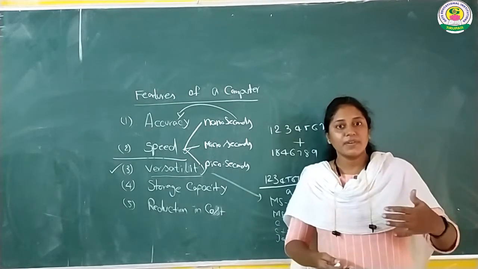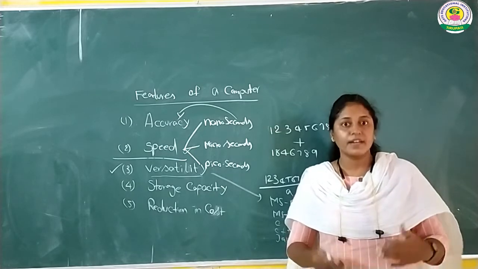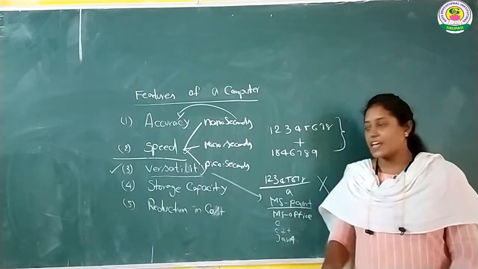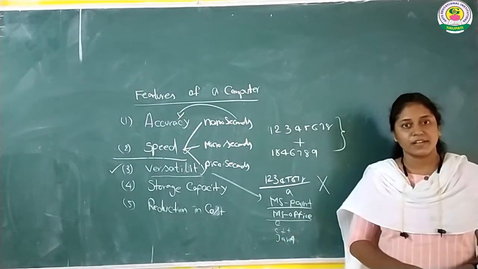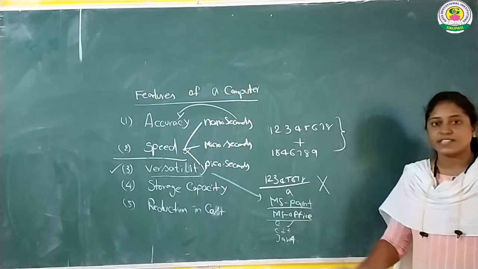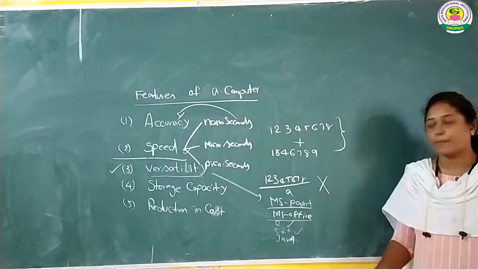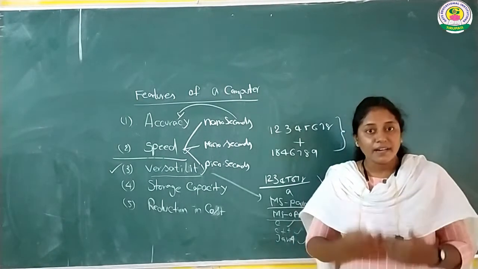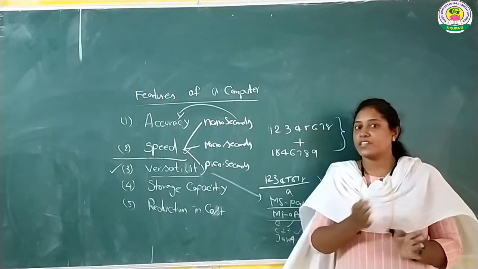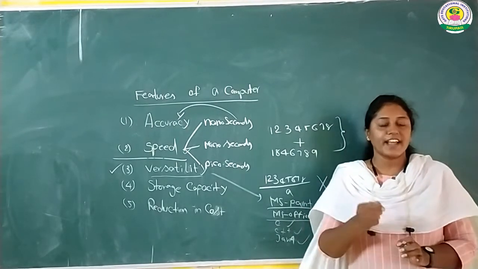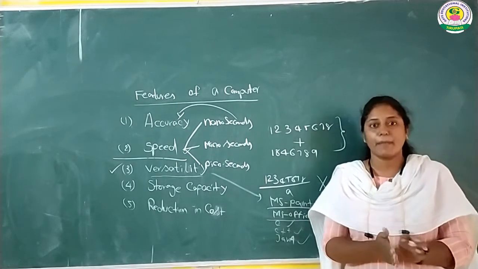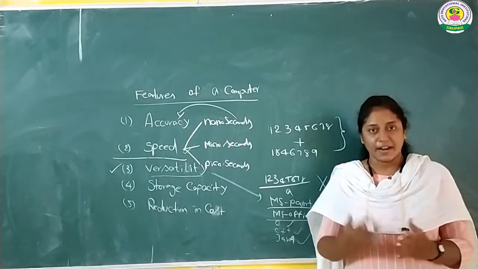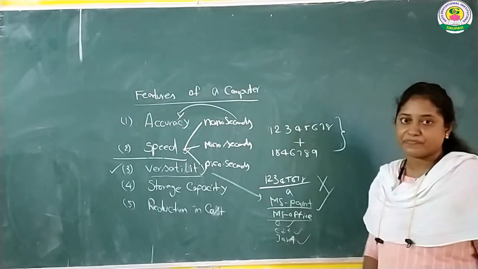While working with the internet or a particular website, on the other hand, I can work with MS Paint also, and some other time I can work with MS Office also, and for some time I can work with C, and for some time I can work with C++, and for some time I can work with Java. At the same time I can handle multiple jobs by using a computer. This is not limited to only one job at a time. It is extended to many jobs, a variety of jobs at a time, by using a computer.